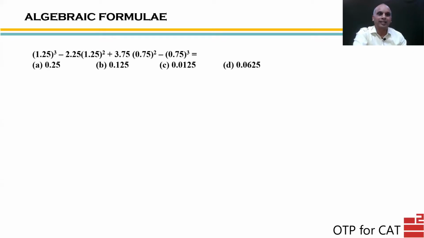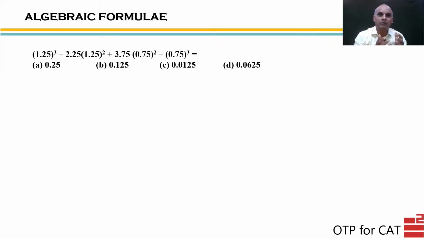All right, so our next example is this expression. We have to simplify the value of the given expression and match with the options. From the look of the given expression, you should be able to understand it is something related with cubes. So in cubes, we saw two formulas, a plus b whole cube or a minus b whole cube. In a plus b whole cube, all expanded terms were in positive sign. But here we can see some terms are positive, some are negative. It's actually alternately plus minus terms. So most likely it's going to be the expanded form of a minus b whole cube.